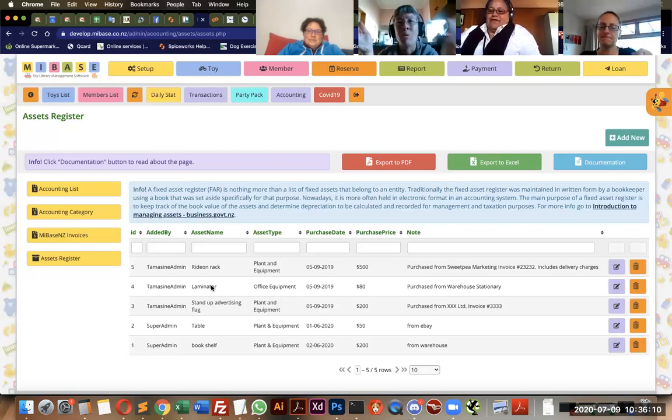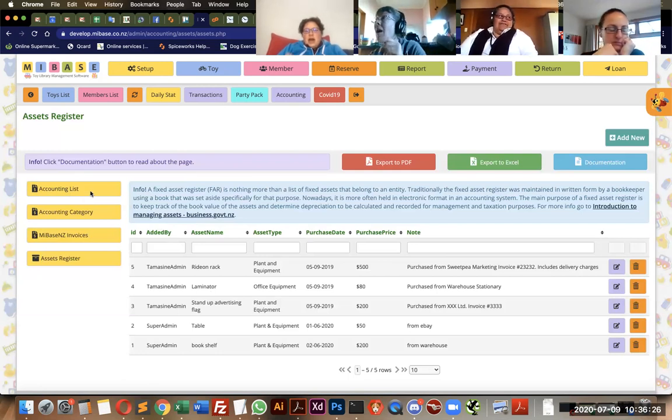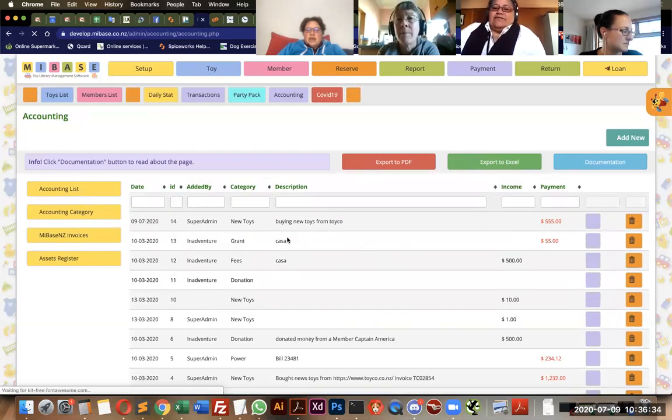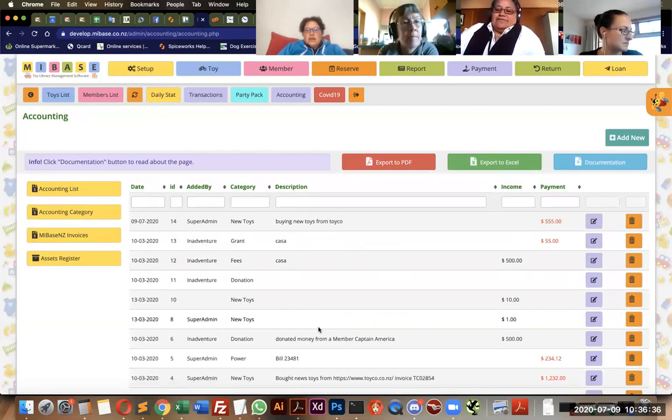So it doesn't matter where you look, you should be able to find which receipt belongs to which transaction, whether you're looking in MiBase or at the receipt. If you are using the accounting list, every time you have a receipt, you can add the receipt code. So you can add all information in your accountant list, and have everything related here.